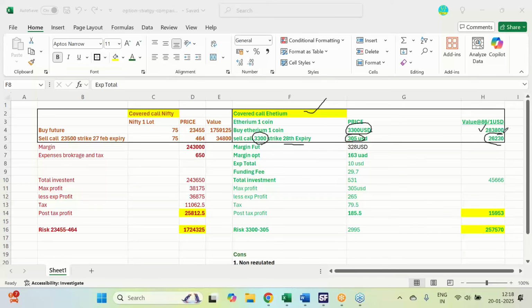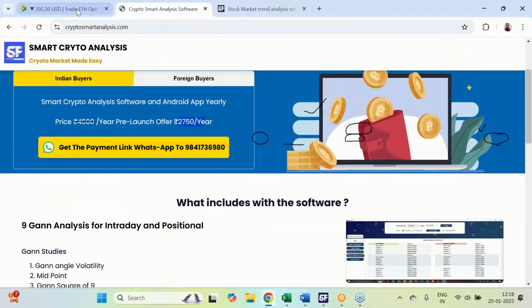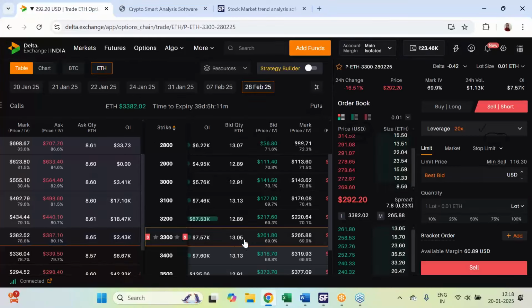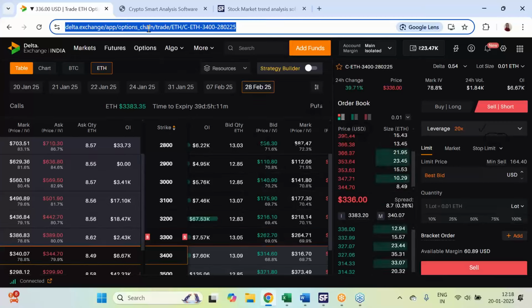Then I receive, in Indian terms, 26 through 30 rupees. So this is not the fake price, this is the real price. You can see here 269. Now you can say we are going for 28 February, and